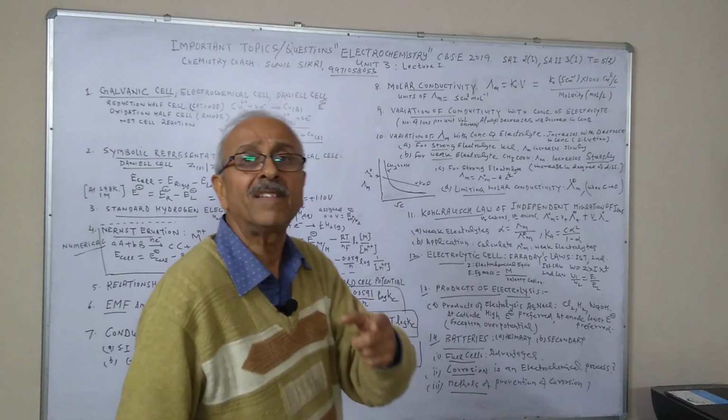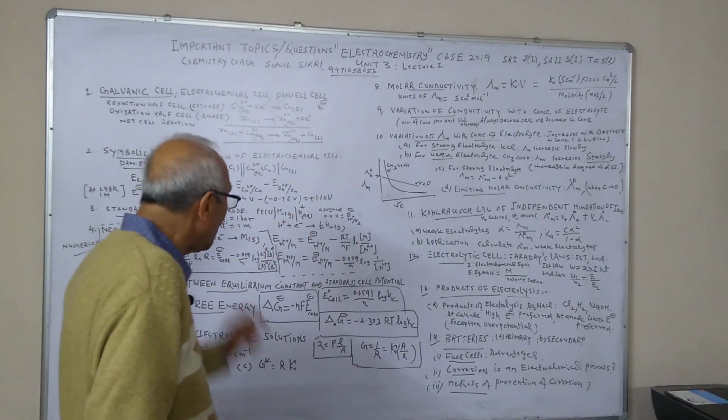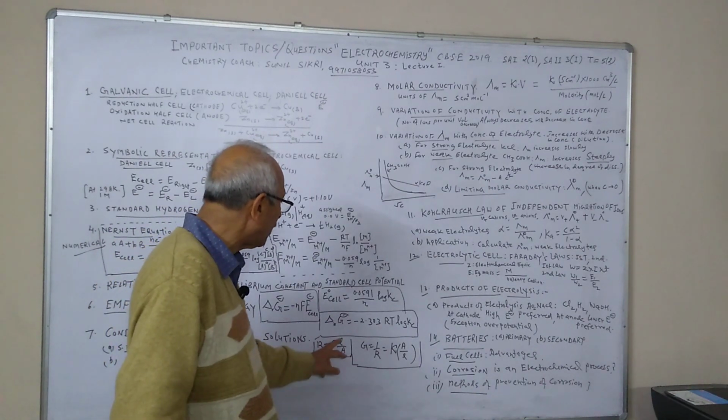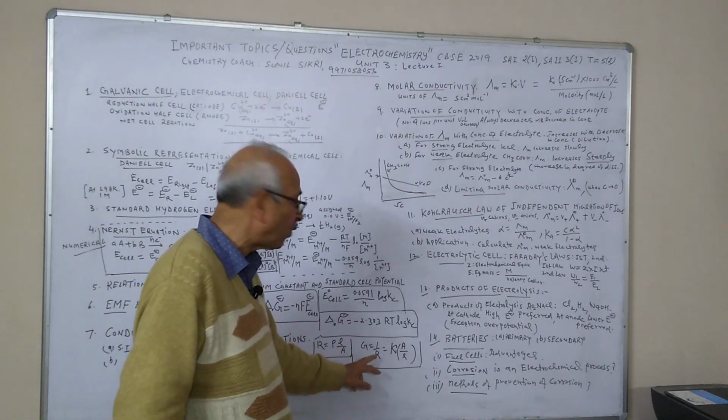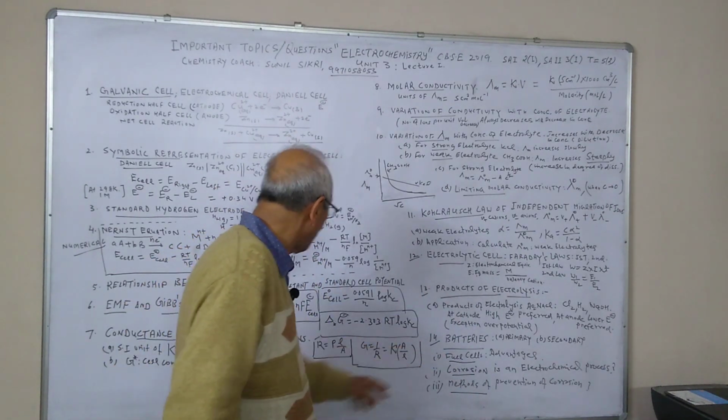Now further I am coming to conductance of electrolytic solutions. Here what is important is the formula R is equal to rho L by A. Conductance is equal to 1 by R, and conductivity is very important, and also the cell constant. The SI unit of conductivity is